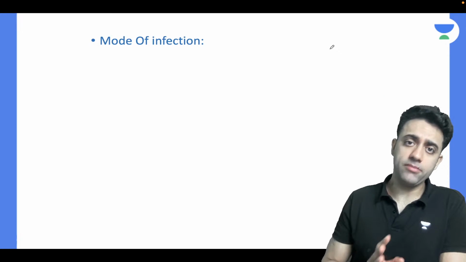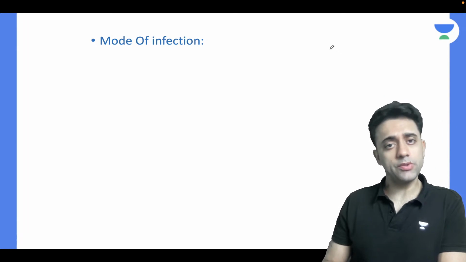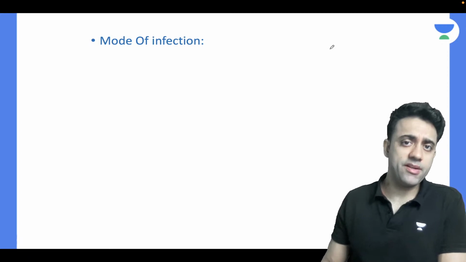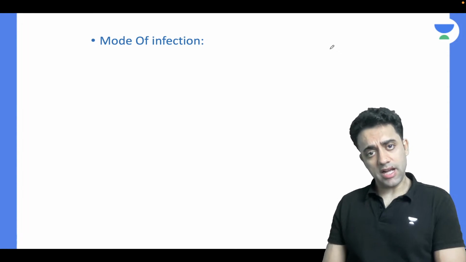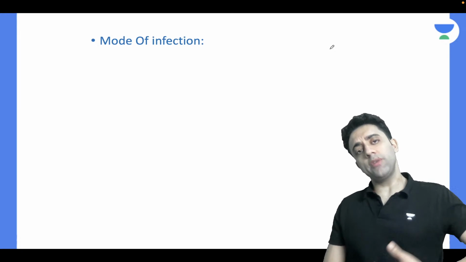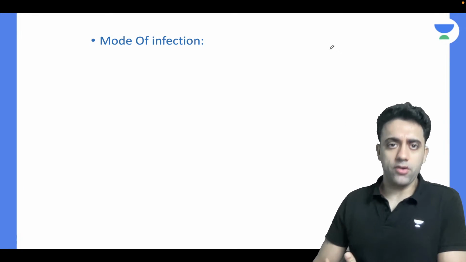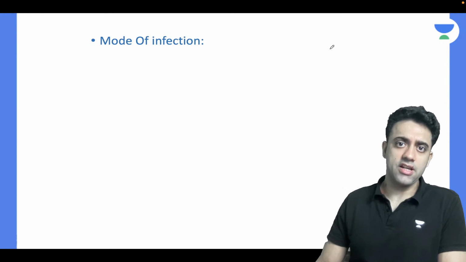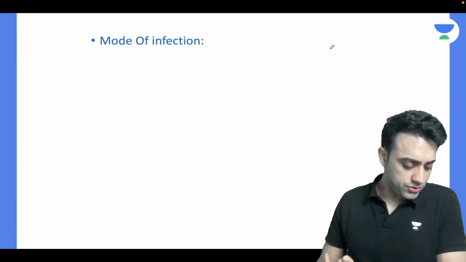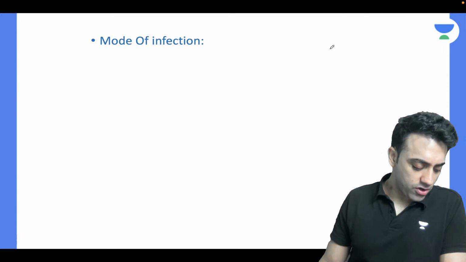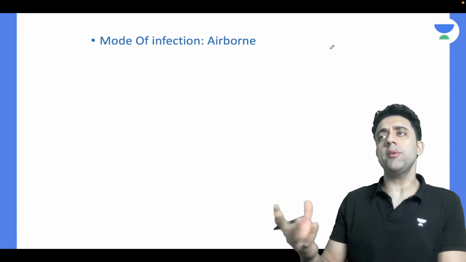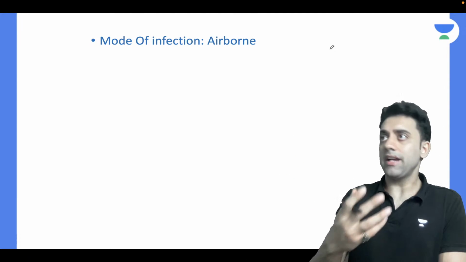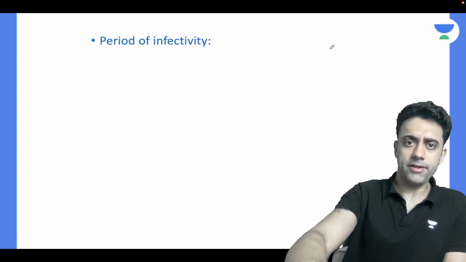If you are a student revising chickenpox with me, that's why I'm putting it in a question-answer format. Before I mention the answer, please tell me how you can get chickenpox. Options are droplet infection, hematogenous, lymph node, by which route can we get chickenpox? Very true, it is basically airborne, like droplet.